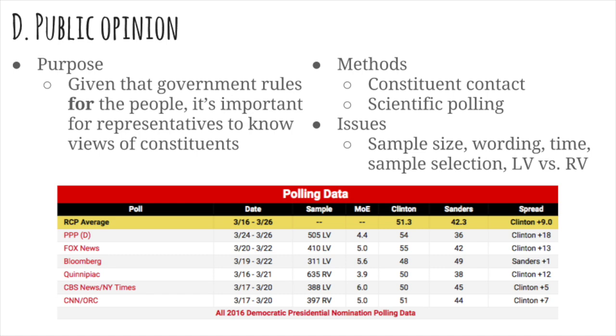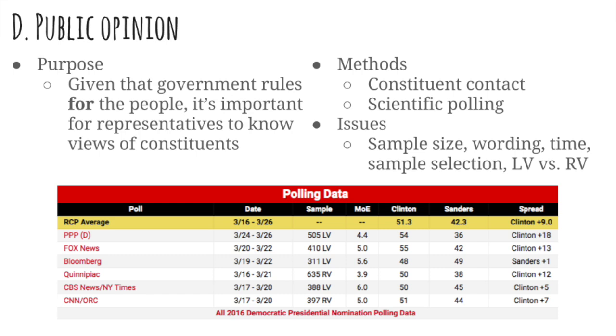One would be under methods, this idea of constituent contact, that in the course of going to meetings and talking with constituents and hallway conversations and kind of the word on the street, here's what I'm sensing and feeling the people of my district are concerned about. But there's also something called scientific polling, and this is where you have organizations that are dedicated to scientifically trying to determine the needs and the wants and the opinions of various groups of people. While public opinion polling takes place all the time in election cycles, especially during presidential elections, you see an overwhelming amount of polling data that's out there.